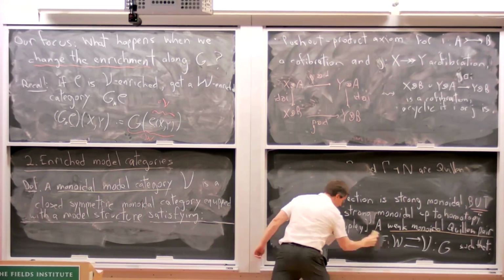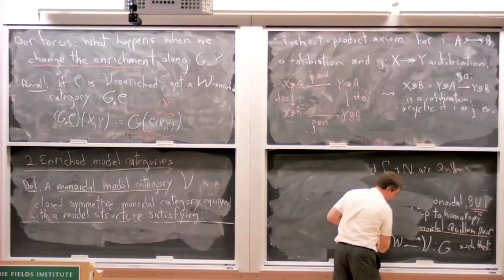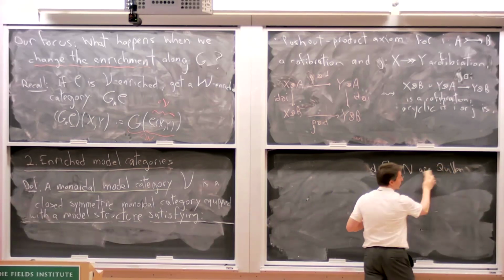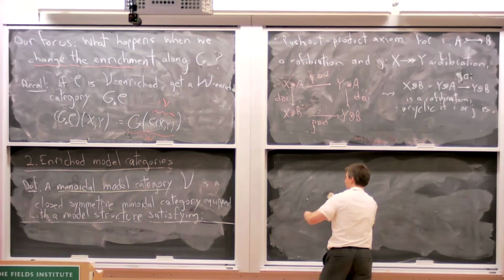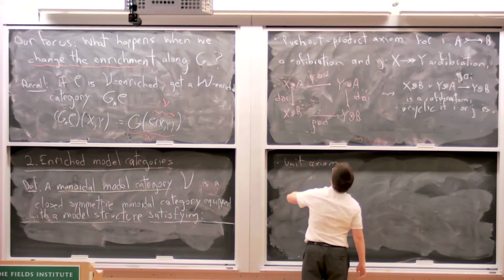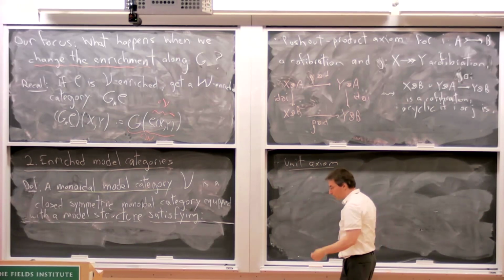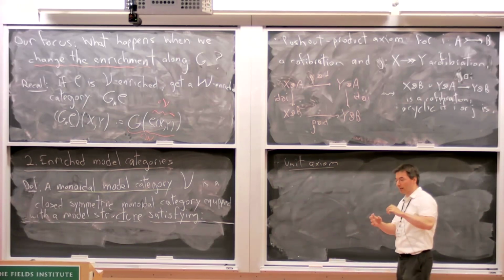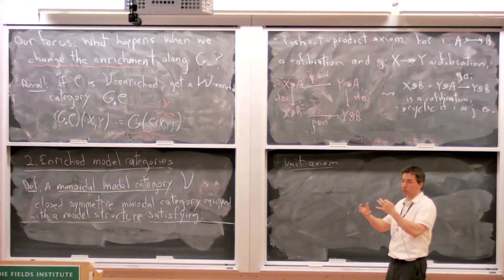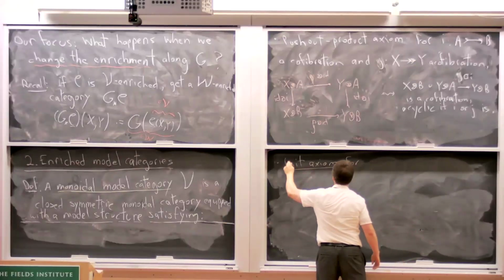And then there's the unit axiom. This is saying that the tensor product plays nicely with the homotopy theory. And now you want the tensor unit to play nicely with the homotopy theory. That's called the unit axiom. All right, you'd like to say that the tensor unit is a tensor unit up to homotopy somehow. But that only makes sense if you tensor cofibrant things. So the axiom takes this form.